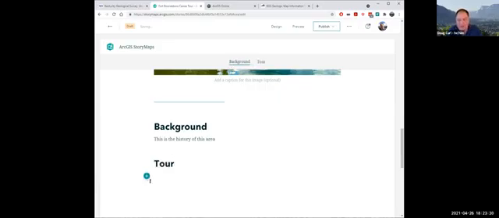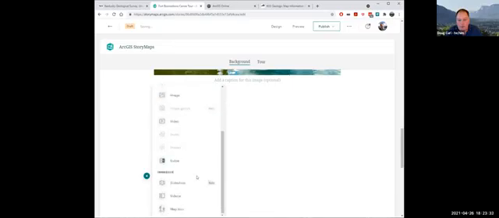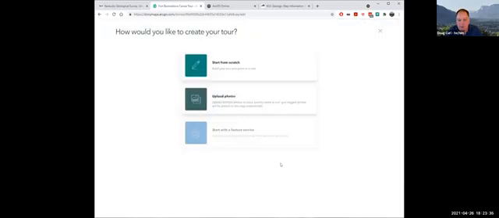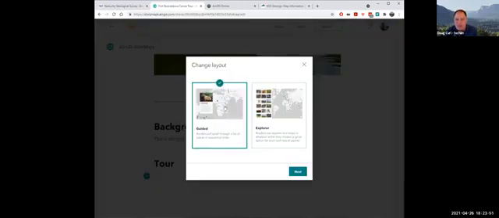So now I'm going to embed the tour part of this, and this is pretty cool. So I can start from scratch. I can upload photos. So if I have a bunch of photos that are geolocated, I can do that. And actually, I do have photos that are geolocated, but I'm going to start from scratch. And I'm going to use the guided one. The Explorer, the difference is the guided one is like the Camp Nelson one, where it has different points and you kind of go along and it's got a picture for each point. The Explorer will have a bunch of photos on the left and you can go wherever you want.